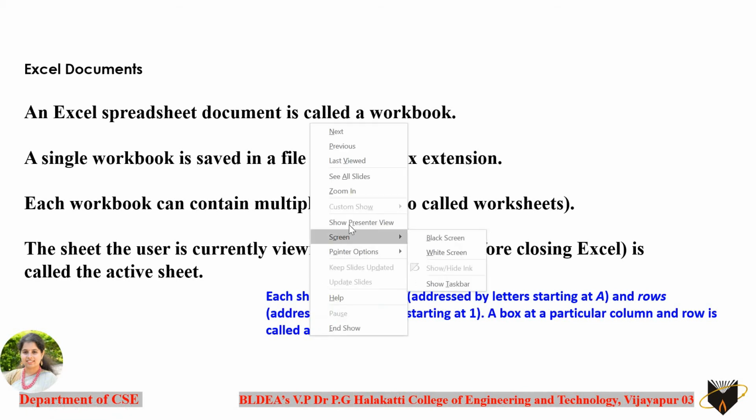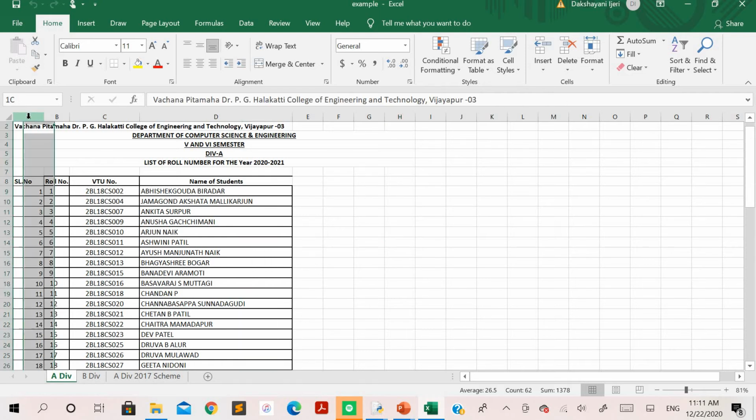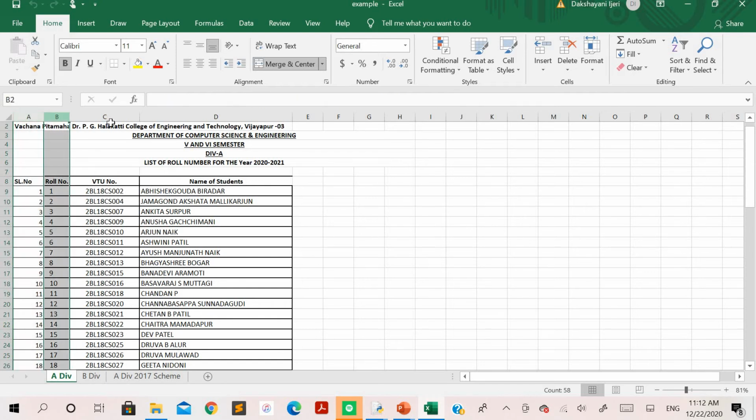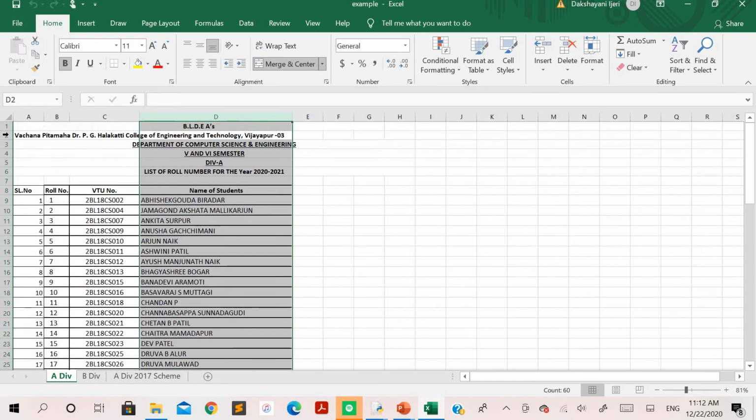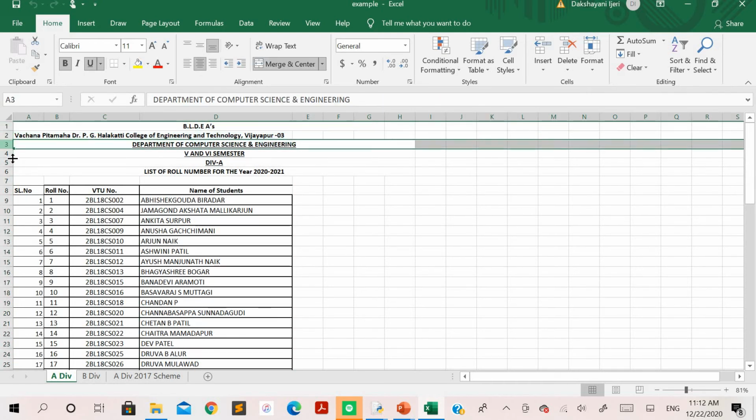So in this worksheet you can see the values or the data that are created here are identified with respect to the rows and the columns. You can see the columns are identified with specific letters here: A, B, C, D. These are represented as the columns, whereas the rows are identified with a numeric value as 1, 2, 3, 4.